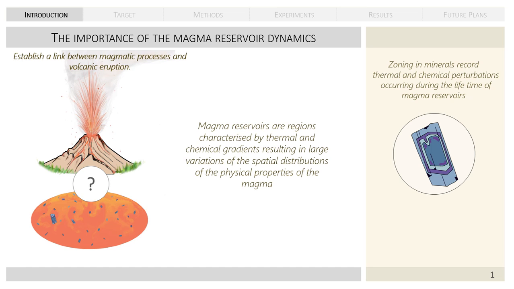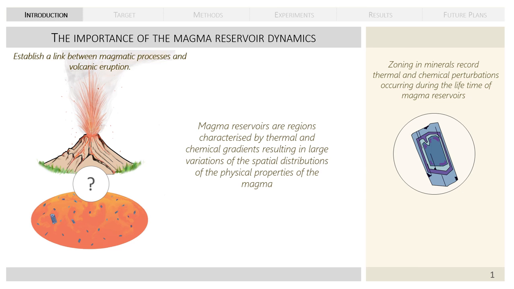Understanding variation in thermal, chemical, and physical properties within magma reservoirs and determining their influence on eruptive dynamics represent an important step for the correct interpretation of eruptive signals and therefore for the mitigation of volcanic risk. In this framework, the geochemical characterization of magmatic rocks and minerals can be helpful to characterize magma transport, storage, and evolution. Indeed, crystal chemical zoning is an expression of the variation of the thermal and chemical conditions within magma